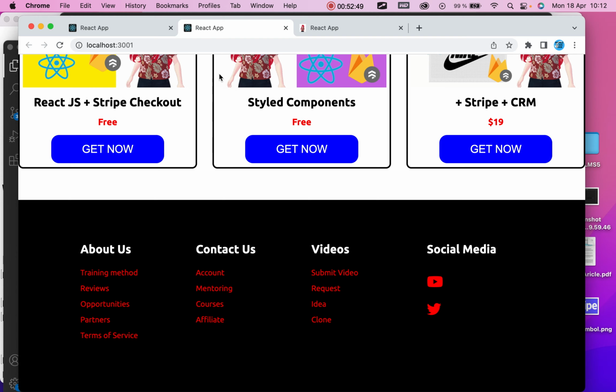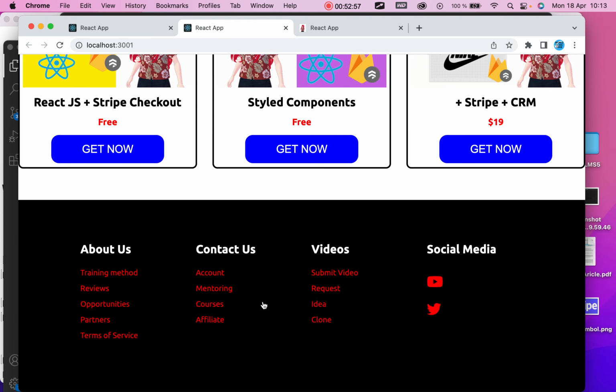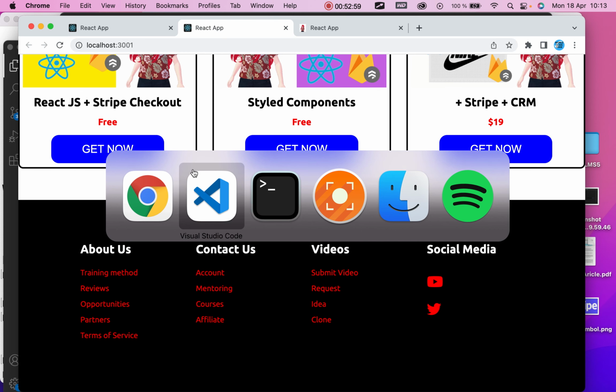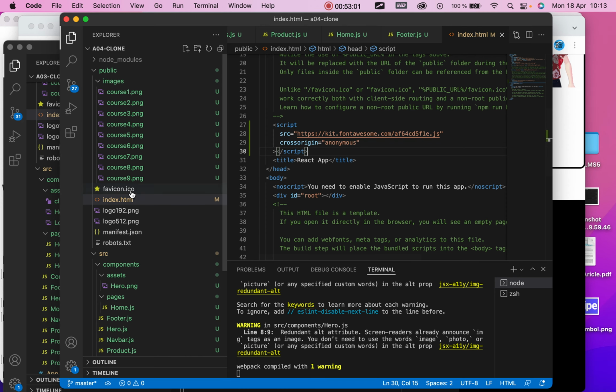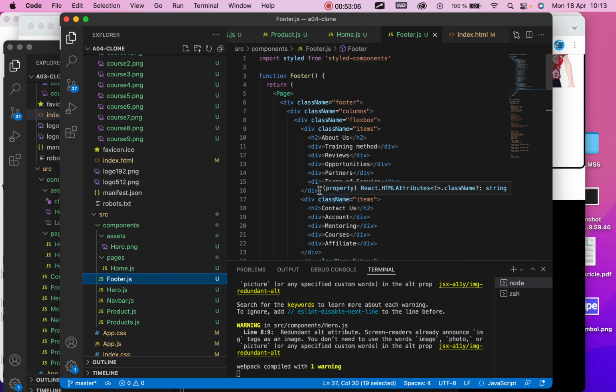Let's see if we have some icons. Yeah, we got them. Nice. So Font Awesome is in place, and the footer is in place. Let's just have a look at the code for the footer. The footer is here. It's divided into divs with a child, with a child, with a child, with some different